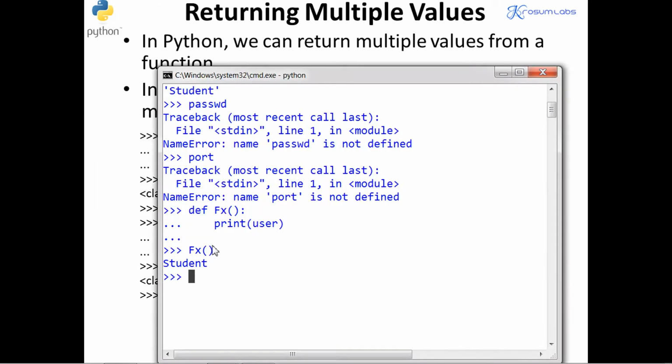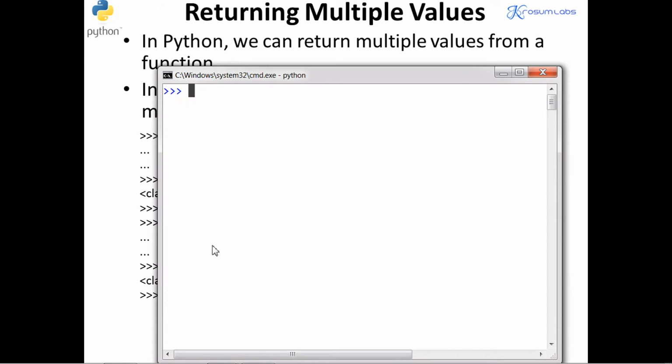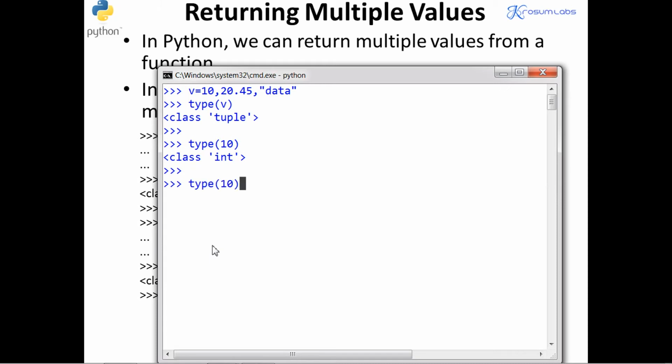Understand? We studied this in functions. Before going to this recap of the tuple topic: any variable which contains more than one value, of any type of data, is automatically converted to what type of data? Tuple type. I didn't put round parentheses. So you can say this is only 10. What is the type? Integer. 10 comma, followed by this, or you can put parentheses. Integer. The comma I can put inside this.